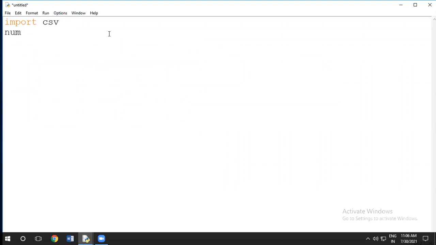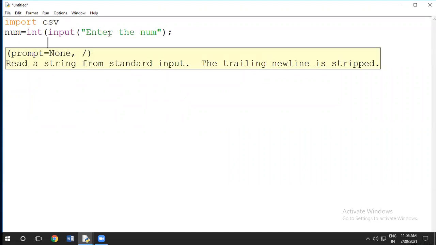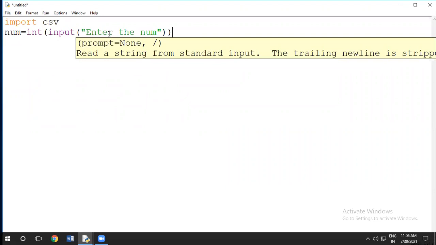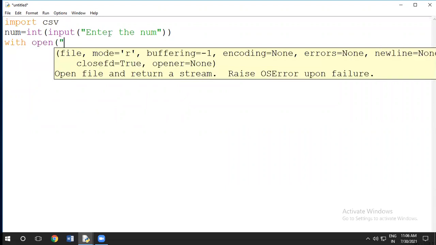Then I will take here num is equal to int in the bracket input, enter the number. Then I have to write here with open table.csv in the append mode, comma, I don't want to leave the lines, so newline, as file.